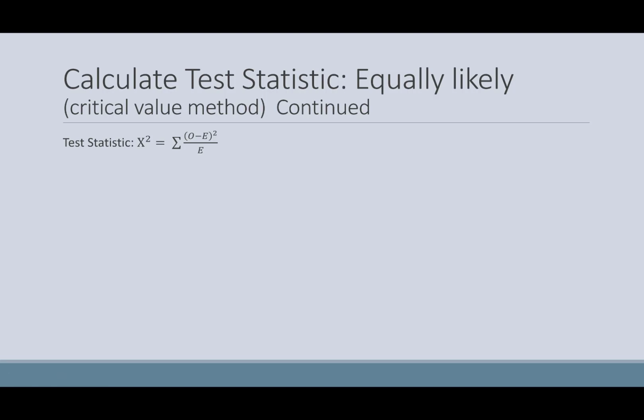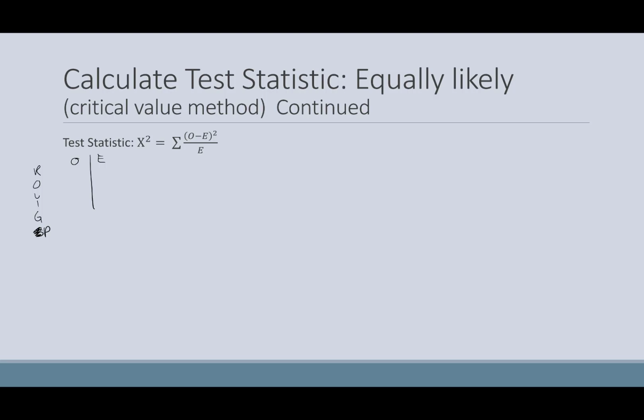Now to do our test statistic, we need to take our observed minus our expected values. So I'm going to go ahead and transfer my information into a table. And I'm going to put my categories over here: red, orange, yellow, green, no, not blue, purple. Now, my observed values, that's going to be the information